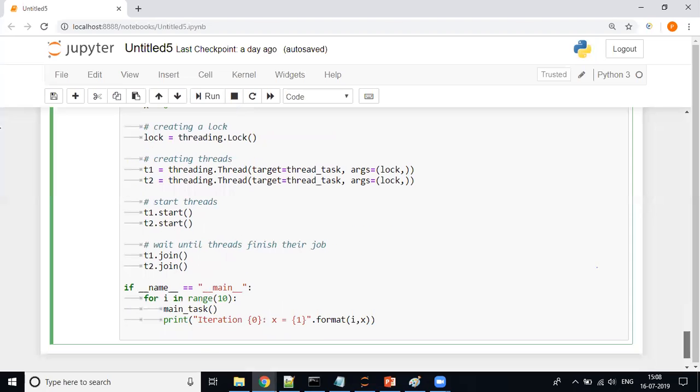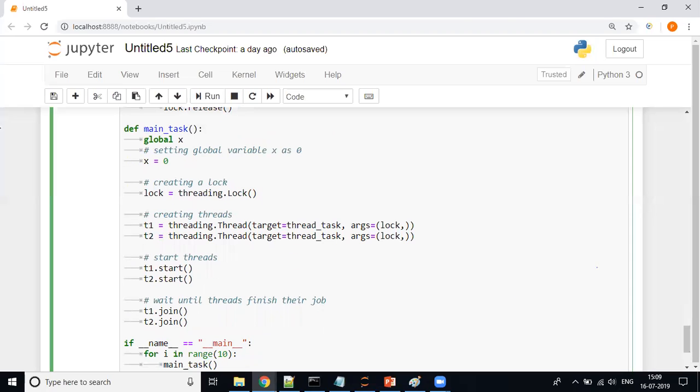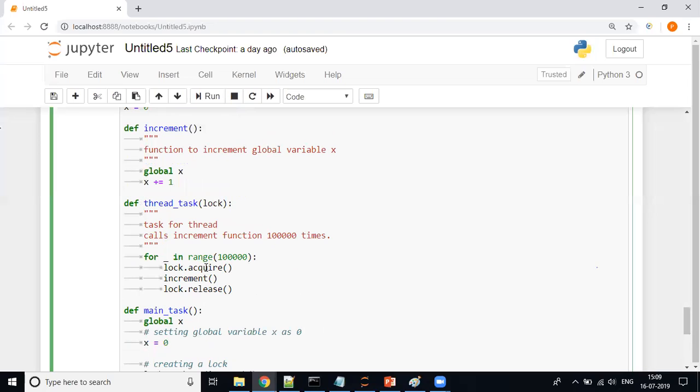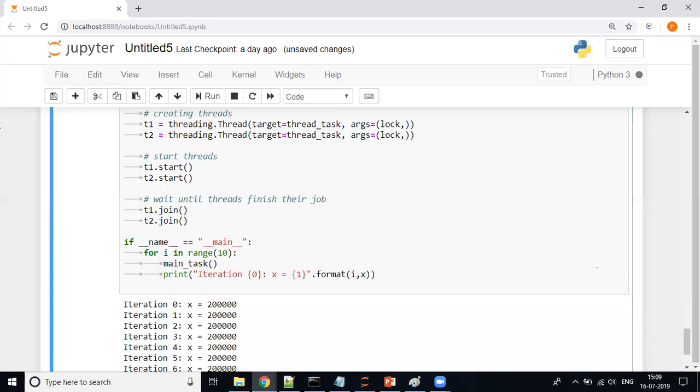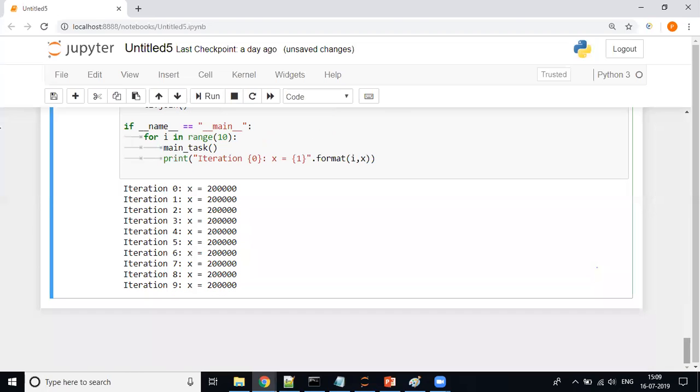There's basically no difference in the rest of things. What we did was only lock.acquire and lock.release. This helped us achieve synchronization. Let me execute this one, and in each of the iterations we are able to see 2 lakhs. This is important, a simple concept. The implementation was a bit lengthy to understand, but here we are getting the 2 lakhs value each time,